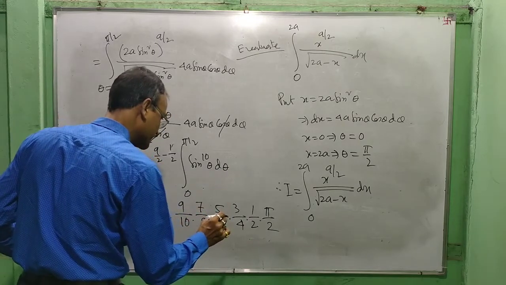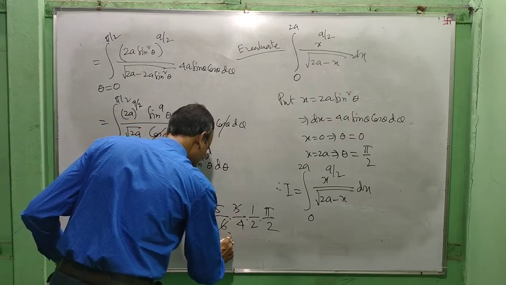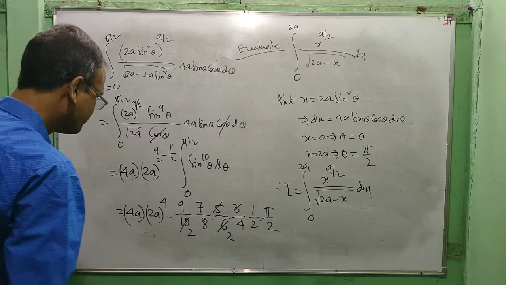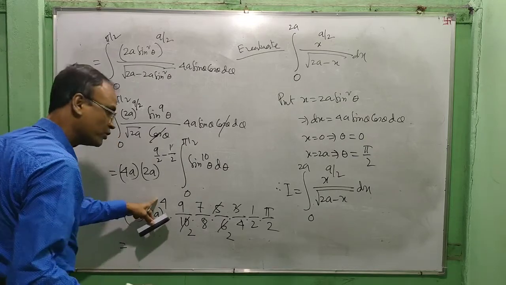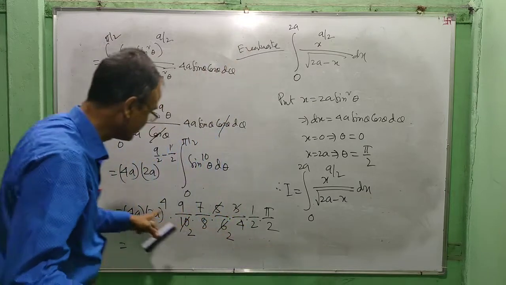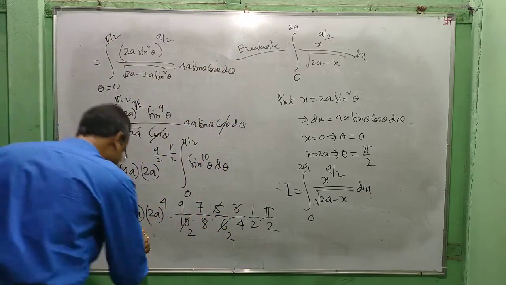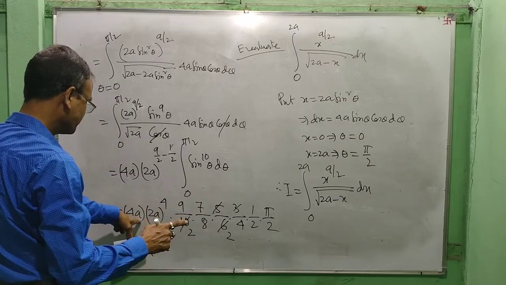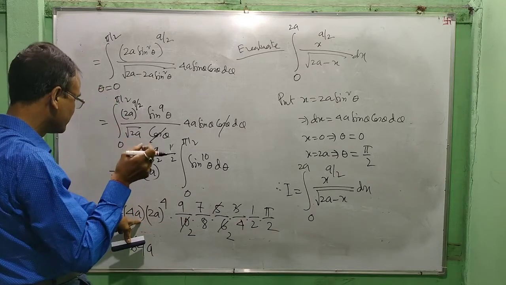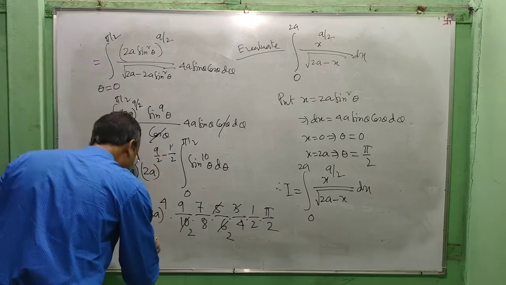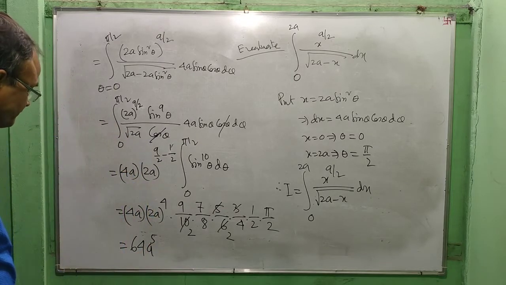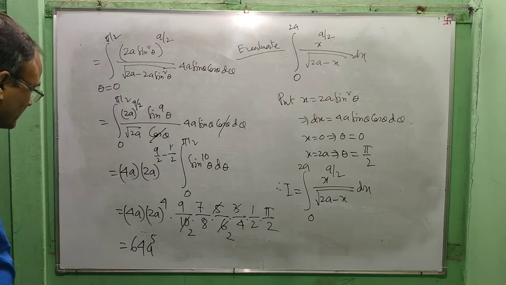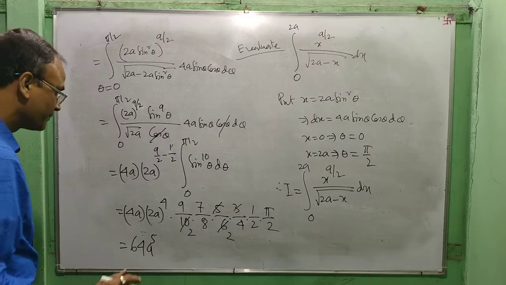Now, 3, 2, 5, 2. This is equal to 2 to the power 4. What is 2 to the power 4? 16. 16 into 4, 64. a to the power 4 into a to the power 5, right? Yes, a to the power 4 into a to the power 5 into